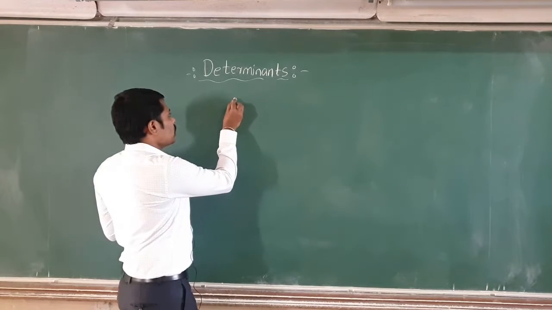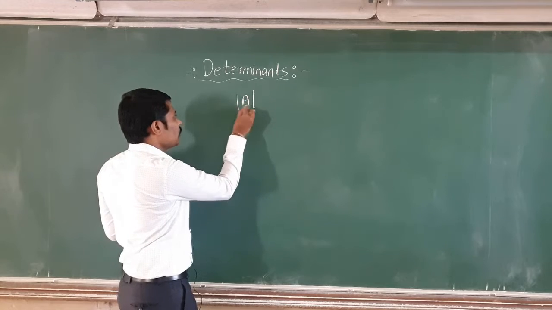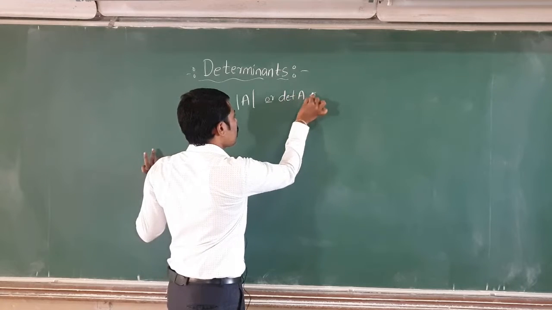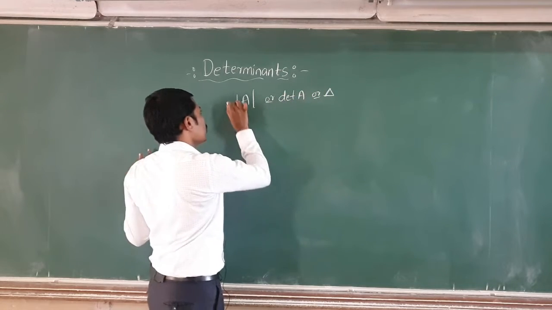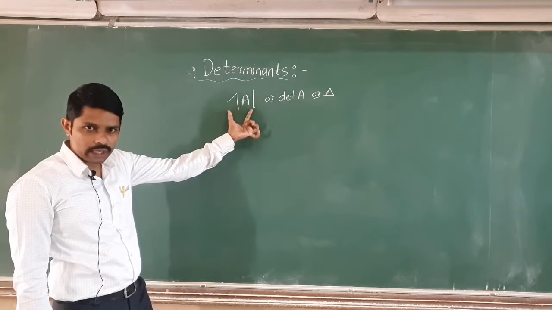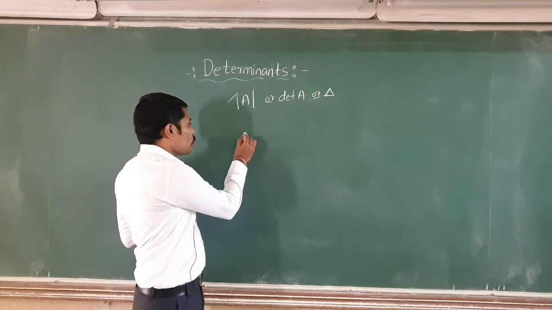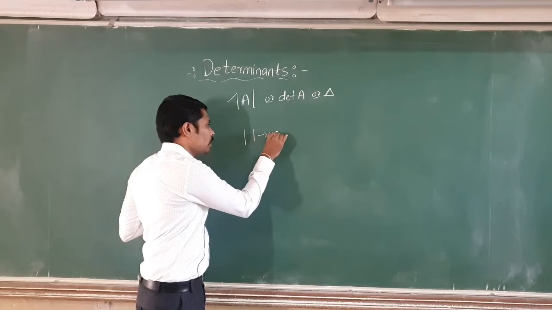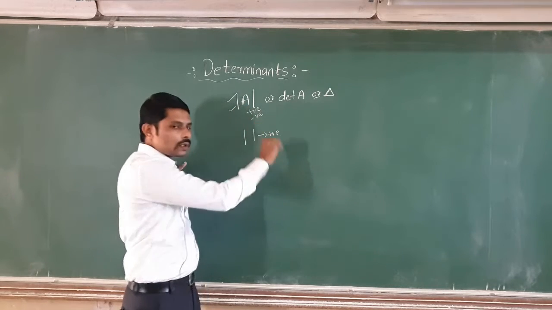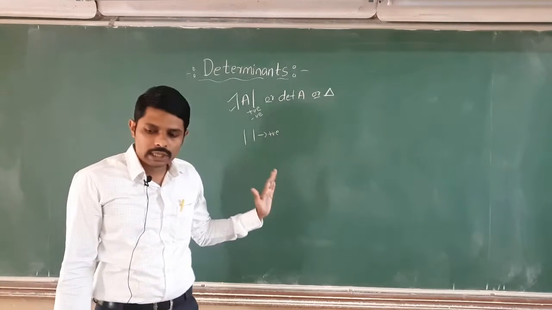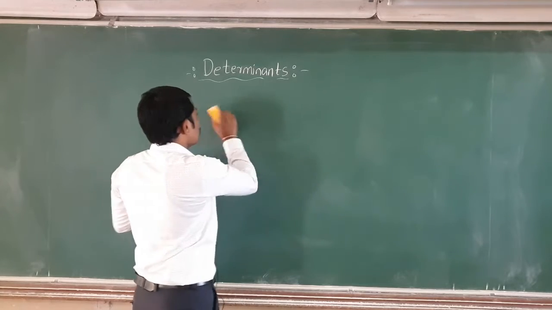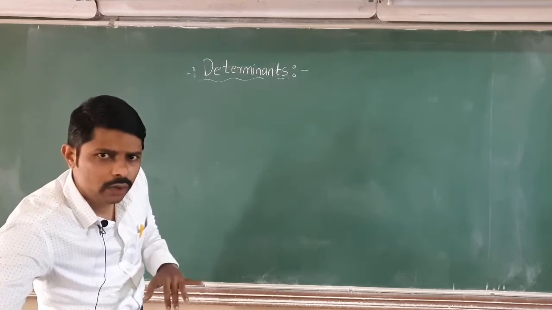The symbol of determinant is this one. This one we will read as determinant of A, or this is also a symbol of determinant. Remember, dear students, this is a determinant, not modulus. Modulus means we always have a positive value, but with a determinant we may get positive, we may also get negative. So remember, it is not modulus, we will read this one as a determinant. If we solve one or two examples, then the definition of the determinant will be very clear.